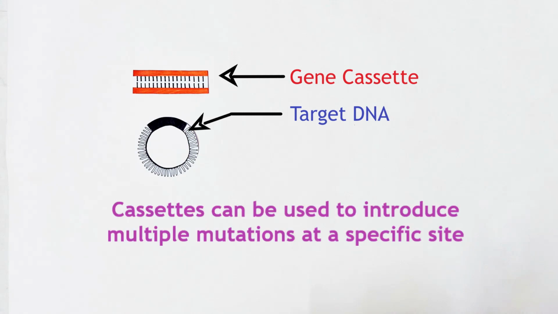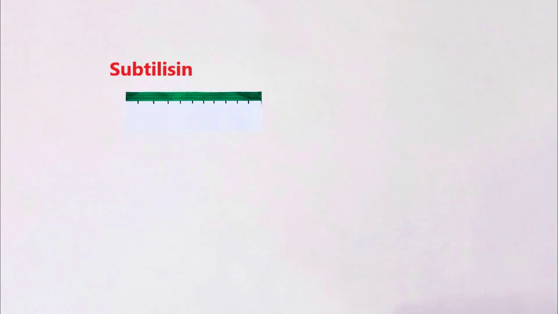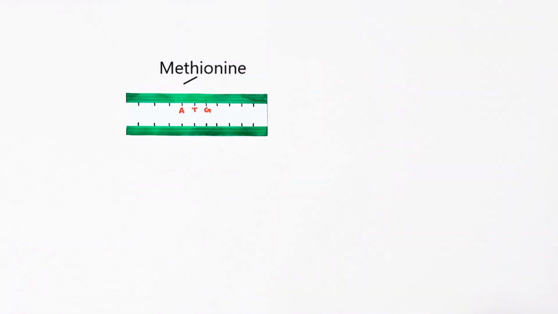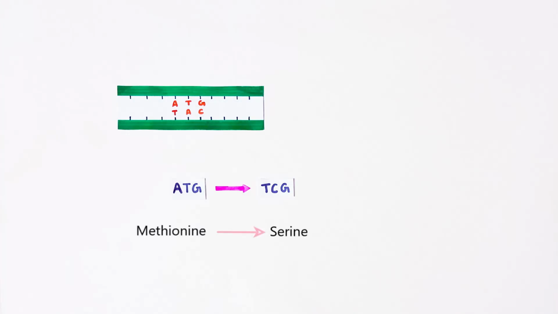It is an efficient method for generating multiple mutations at defined sites. To understand this technique, let us again use the example of the subtilisin gene with the sequence containing ATG that produces methionine at site 222. In order to replace the codon ATG with TCG to produce serine instead of methionine, a cassette with the sequence